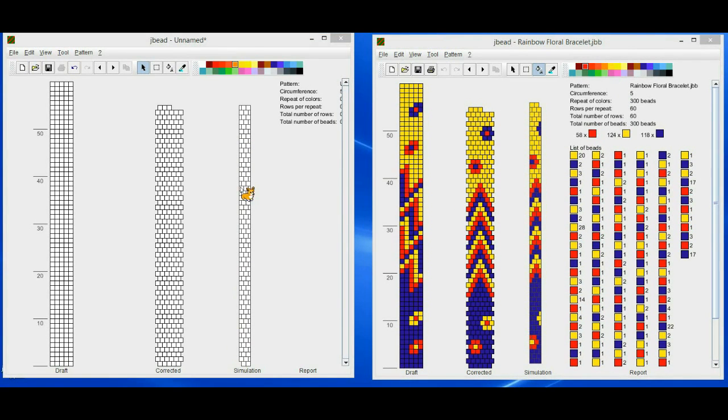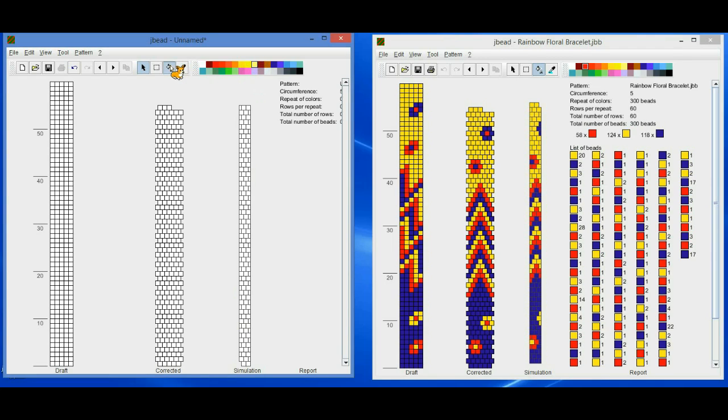So now you're ready to create a design. For your first design, you can start with something simple, such as a solid color with several flowers with leaves.